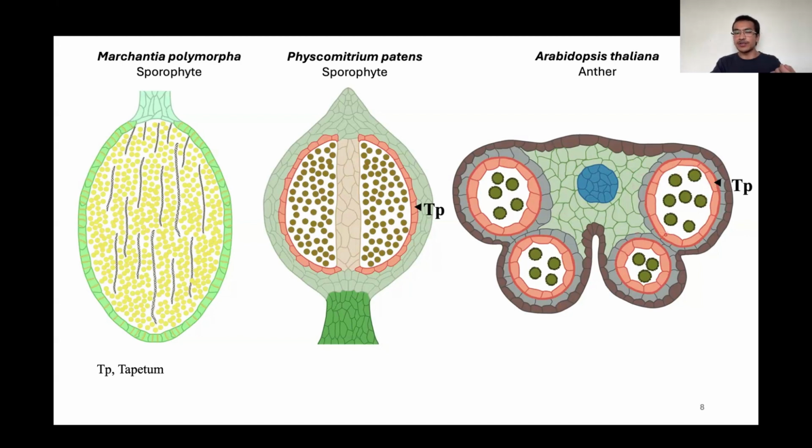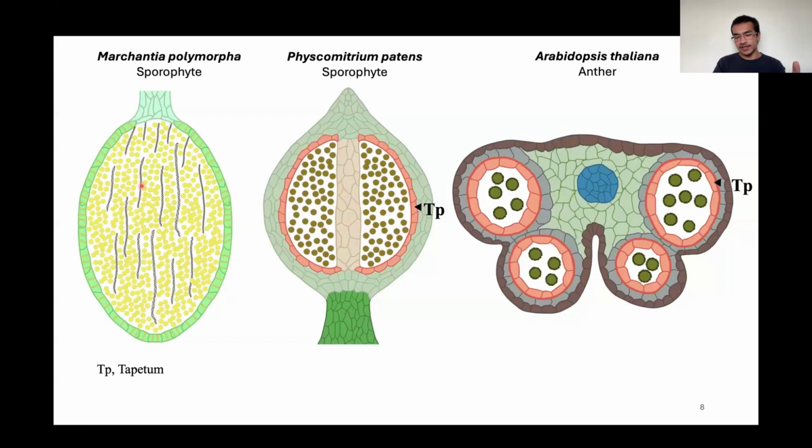And the tapetum is the one that produces all the enzymes and precursors for wall formation in pollen. The same goes for mosses. We thought for the longest time that liverworts make their own, the spores make their own wall. So when we first looked at bHLH37,